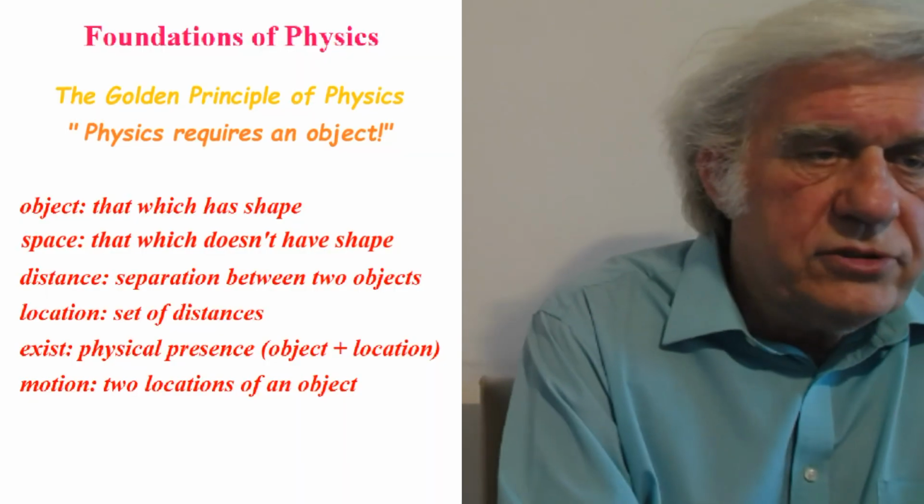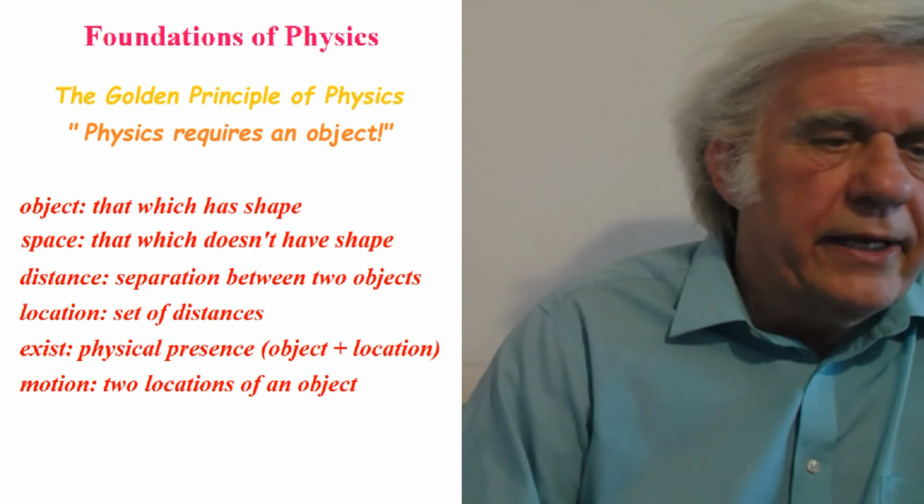We set the foundations of physics. That's what we're doing. So when people confuse me with Ayn Rand or the electric universe, which thinks that plasma is a physical object or that ether is a physical object or that electricity is a physical object, I have to clarify and make fun of them so that you realize that, no, we are not saying the same thing. You simply did not understand so far, okay? Okay, so here we have the foundations. What is motion? Foundations of physics. Motion is two locations of an object.